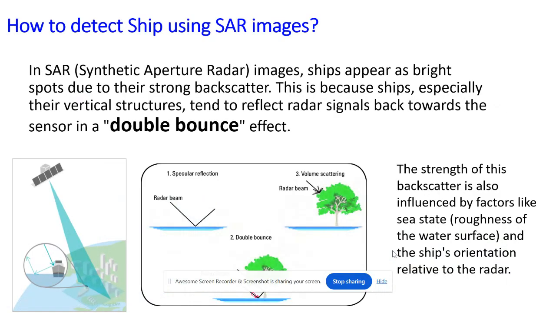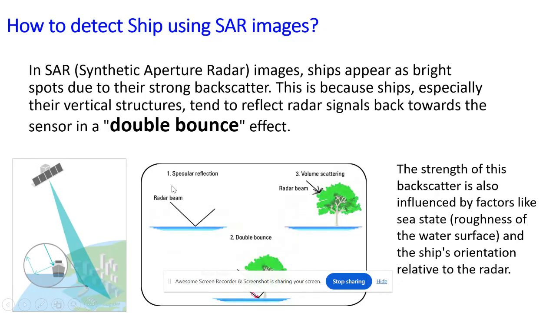And how can ships be detected using the SAR images? In SAR images, ships appear as bright spots due to their strong backscatter. This is because ships, especially their metal structures, tend to reflect radar signals back toward the sensor through double bounce effects. So there are three types of how the signal goes back to the